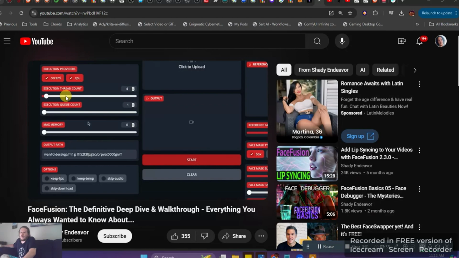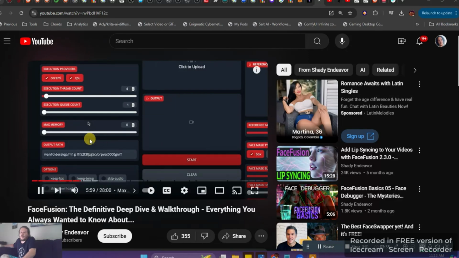Max memory is there more as a limiter. Leave it at 0 and it will use as much memory as it can. Otherwise, if you need a certain amount of memory available for other tasks on your computer, you can change it